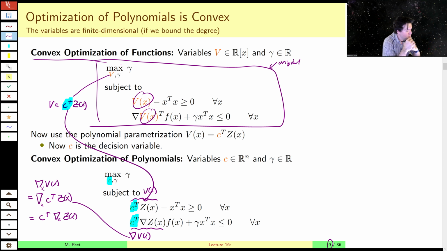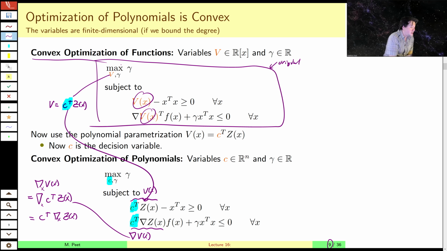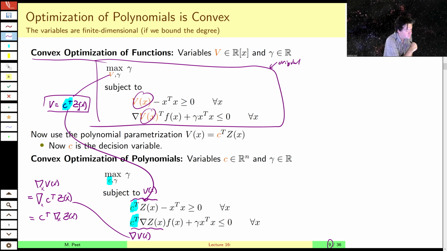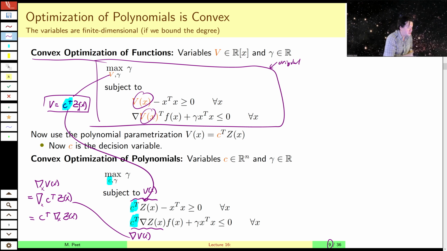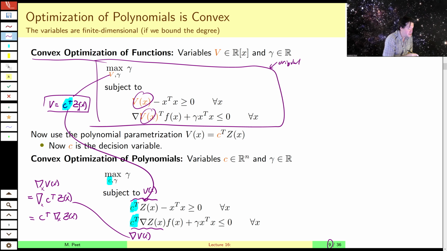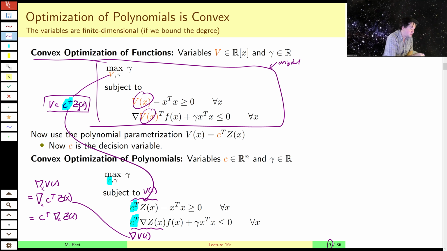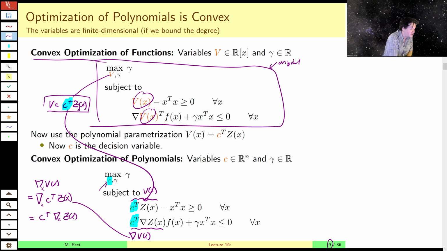We then showed that by constraining our decision variables to be polynomials of some bounded degree d, we could represent this optimization problem in finite dimensions, right? So we could have a finite dimensional decision variable,